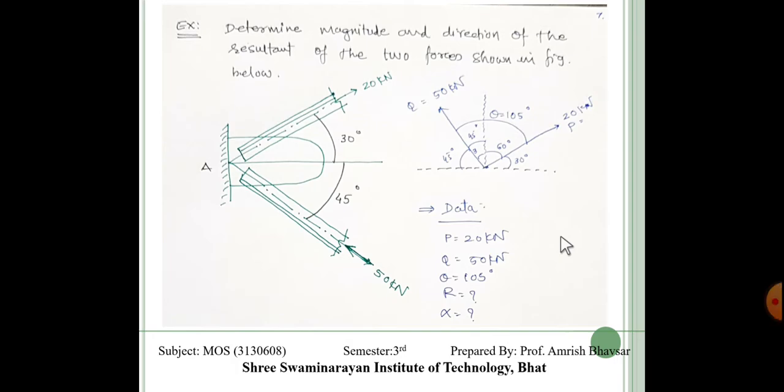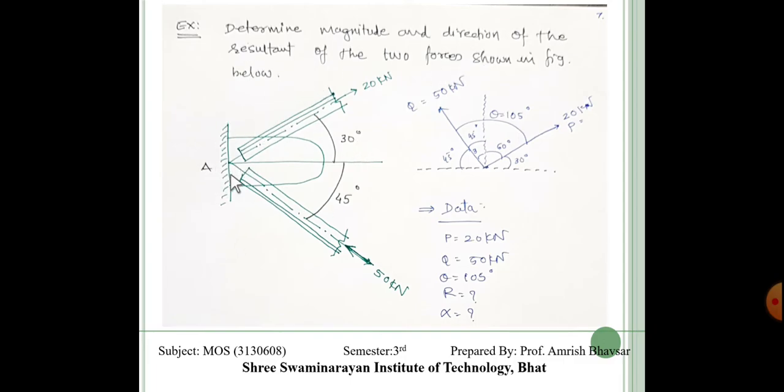Now the next one is very important. Here this is a realistic problem. This is a component of a truss member that we use in a railway station and any number of steel structures that we have seen. It is a two-member system, and the two members are connected with this gusset plate, making concurrent forces. So what exactly here? Determine the magnitude and direction of the resultant of the two forces shown in the figure below.